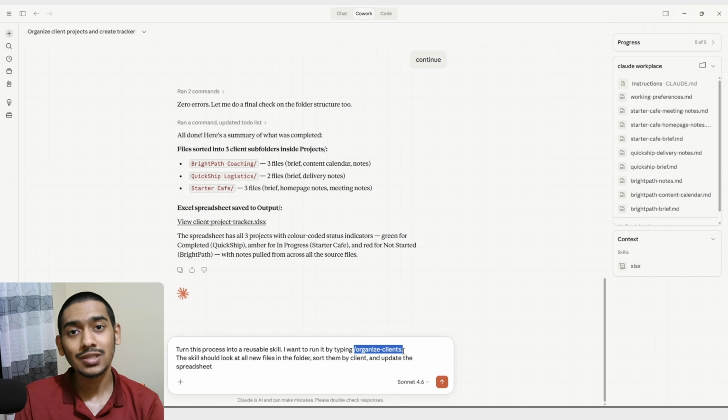If you want to use a skill, you also have to enable or trigger it through a command, and that command will be unique for that exact skill inside your Claude. In this case, the trigger command of this skill will be /organize-clients. Again, you can use any name or any text after the slash, so that you can remember that's the trigger command for that exact skill. For example, here I can say /rakin, so every time I type /rakin, this exact skill